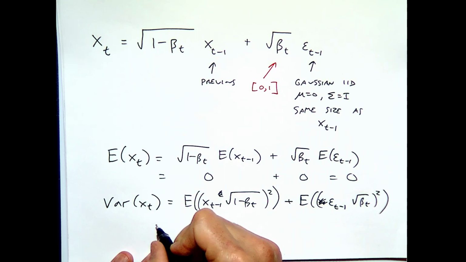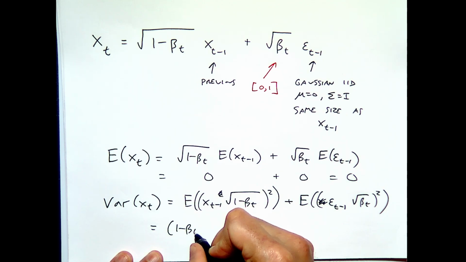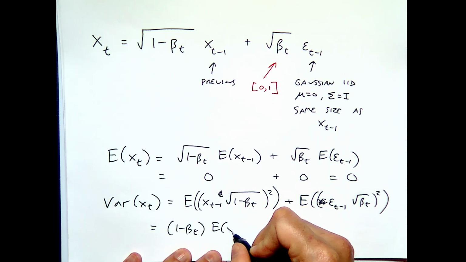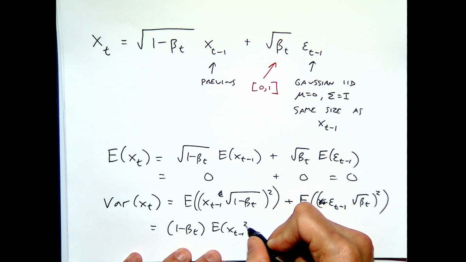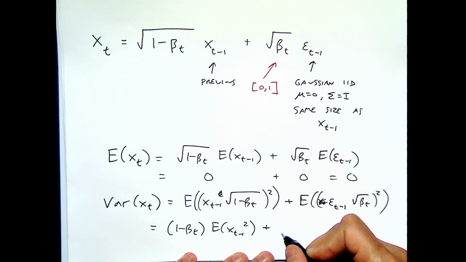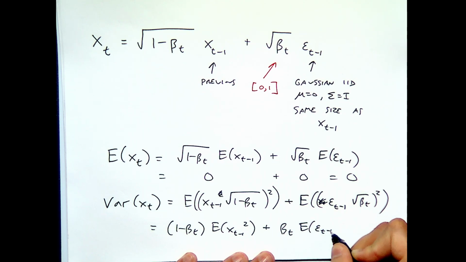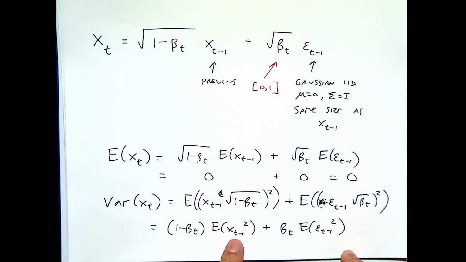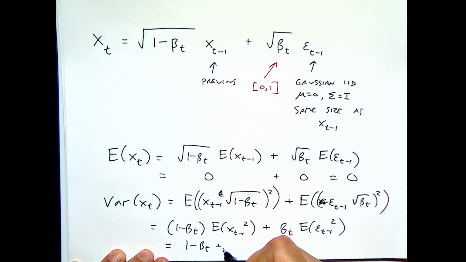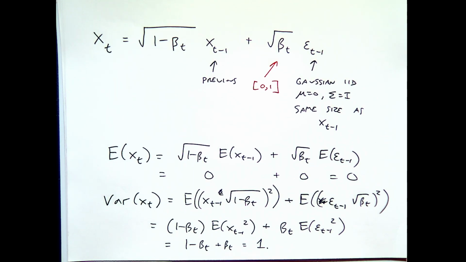So I can pull the constants out. I get 1 minus beta t times the expected value of this thing squared plus beta t times the expected value of this thing squared. Again, I normalized these things earlier to both be equal to 1, right? So basically, I'm going to get 1 minus beta t plus beta t equals 1. So all I'm basically doing is inductively showing that every x t that I get is still zero mean